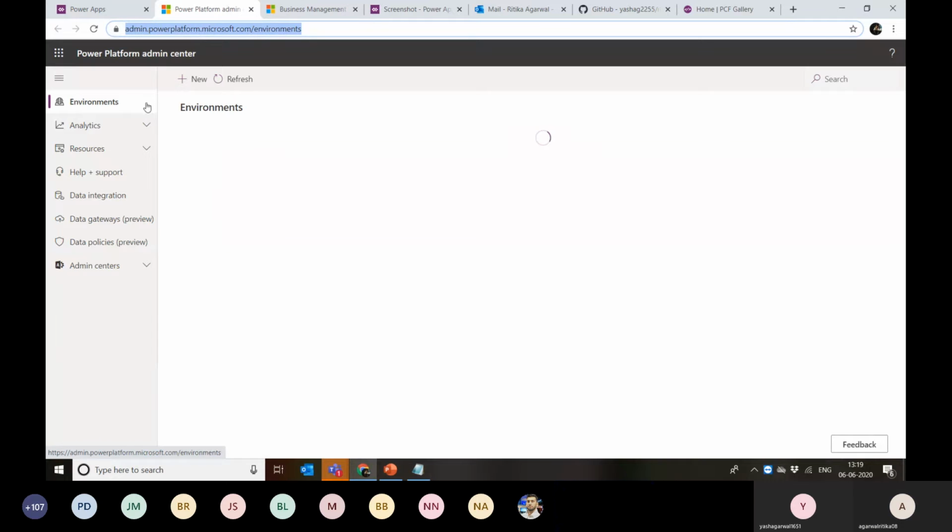So this Power Platform admin center is getting loaded. Okay. So now I can select that environment, which is the demo environment in this case. So let it open.